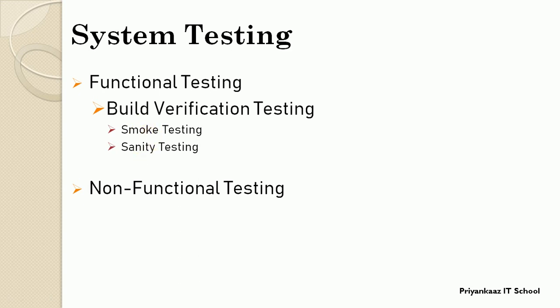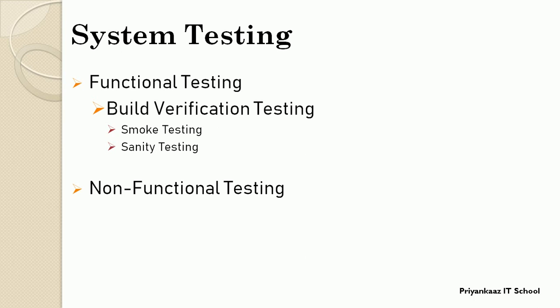First, functional testing, where the tester tests the functionality of the software application as per the functional requirements. See, at the time of functional testing, before validating any software application, very first that application should be in an executable state. That's the reason the tester first needs to verify the build of the entire software, whether that build is testable or not. We need to verify the initial state of the build. Okay, and this is what we call build verification test.